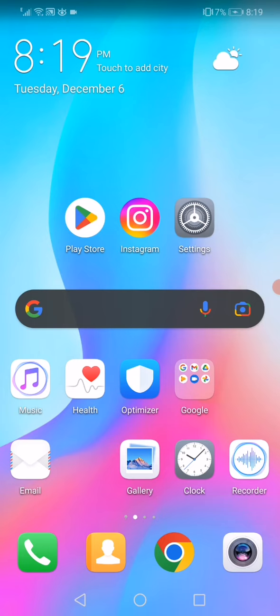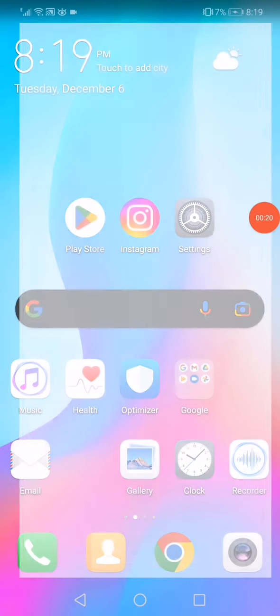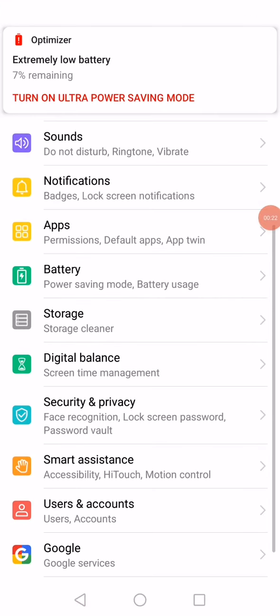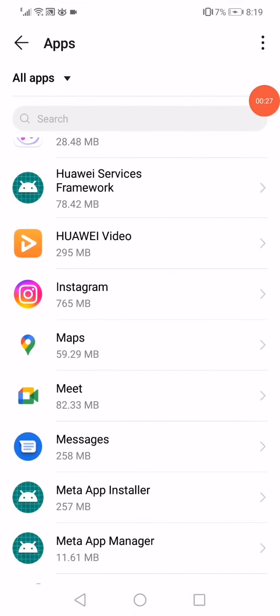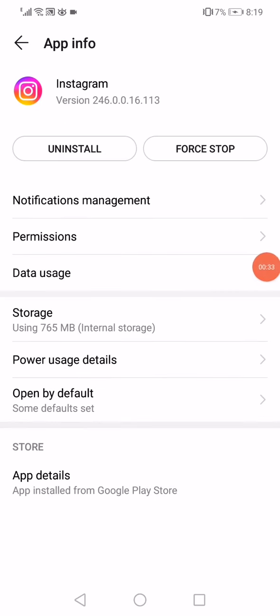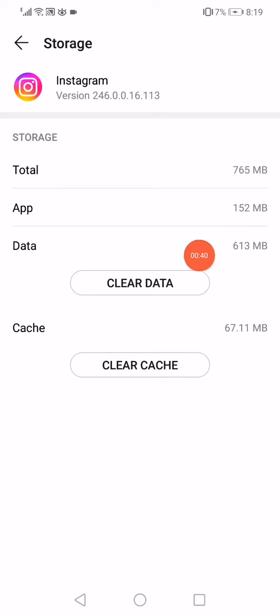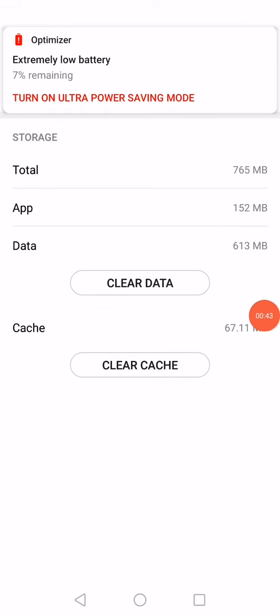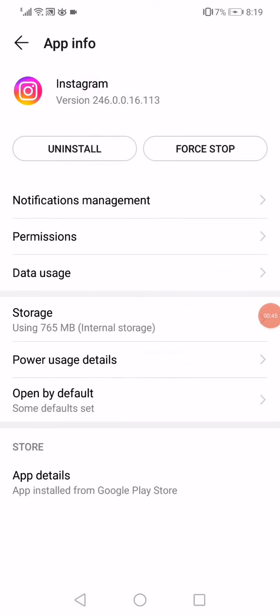All you have to do is just open the settings on your phone and then go to the apps manager and then go to the apps again right here and go to Instagram, and then all you have to do is just click on the storage right here, click on clear data and clear cache, and now go back, click here on force stop, and then go to the power usage details